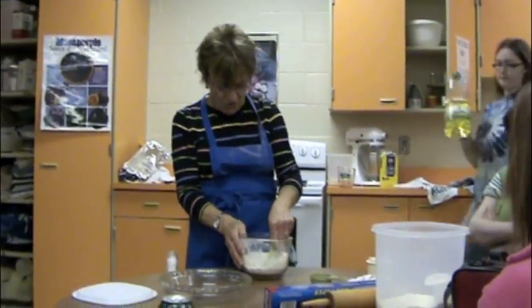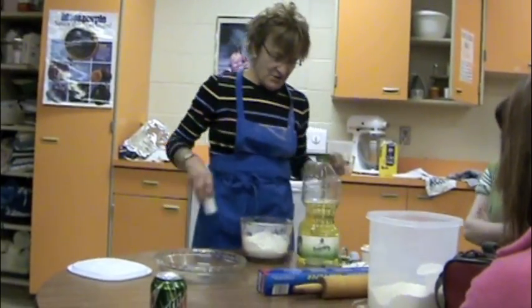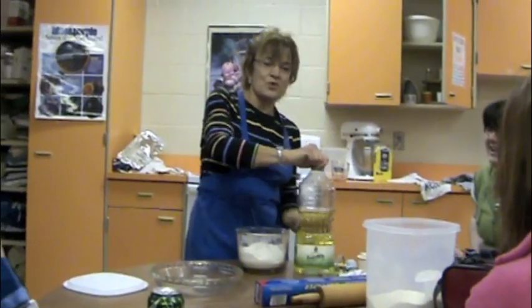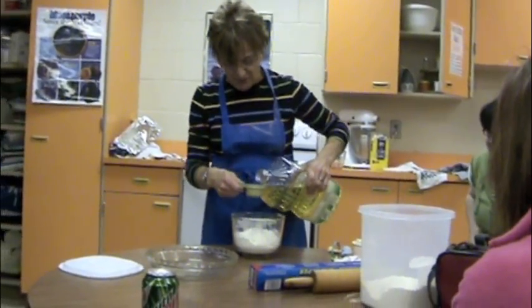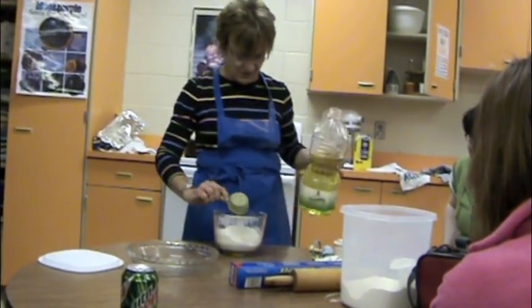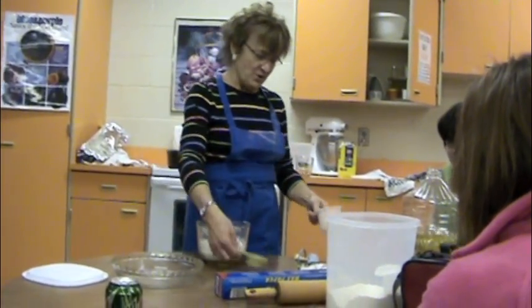You're going to make a hole in the center of your flour. You are now going to measure a third cup of oil. Oil is our shortening, which will make your pastry light and flaky. You want a flaky pie crust. So you add that. Then we are going to add